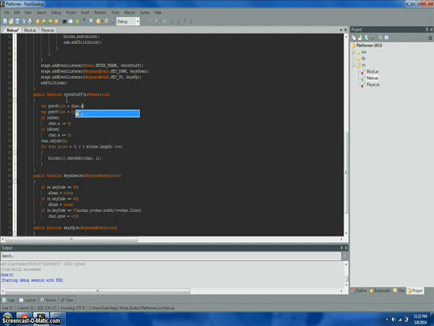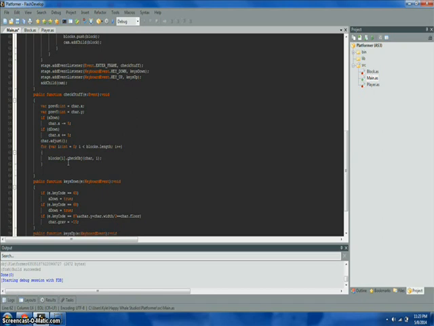And then we're going to set these to the character's x and the character's y. So now all of this stuff is going to happen to it. And then what we want to do is down at the bottom here say cam.x minus equals